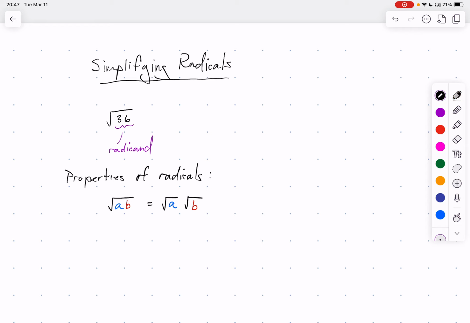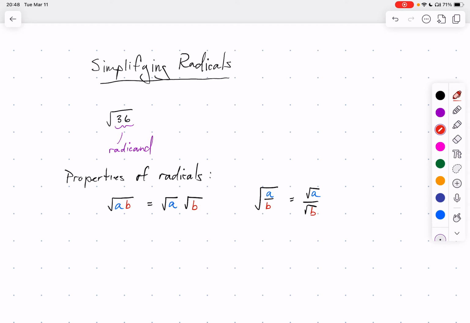And similarly, it works the same for division as well. If we take the square root of a quotient, the square root of a divided by b, that is just equal to the square root of a divided by the square root of b. Okay,